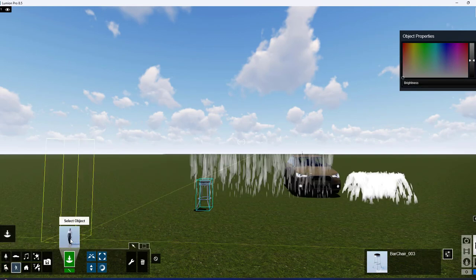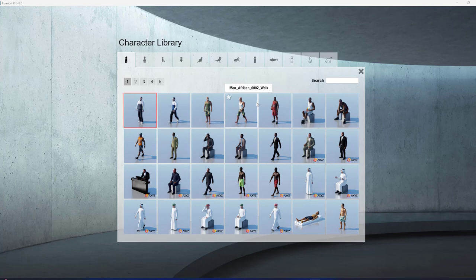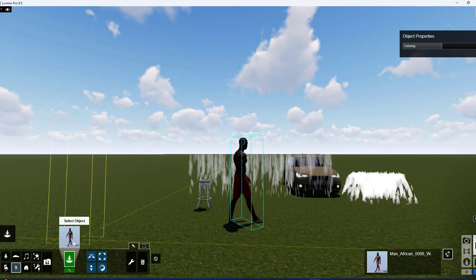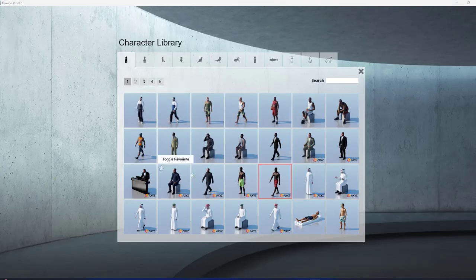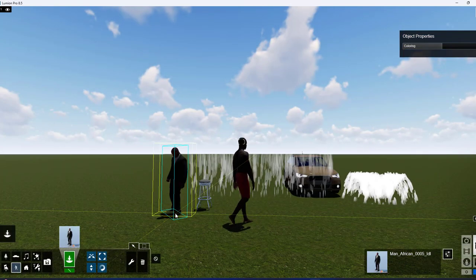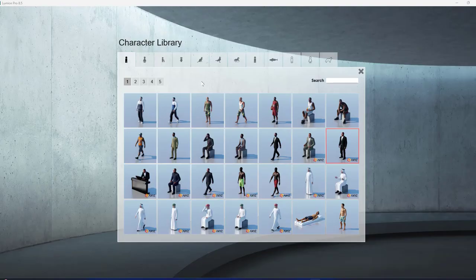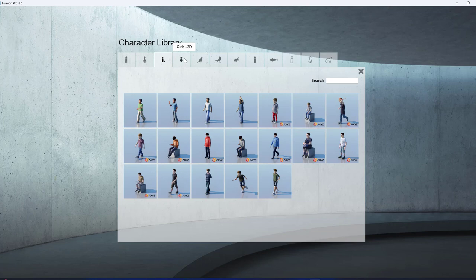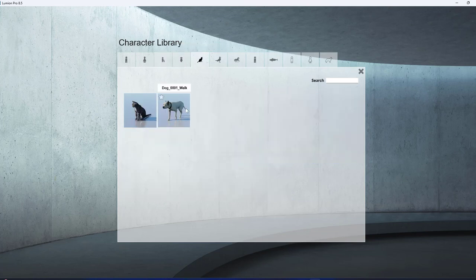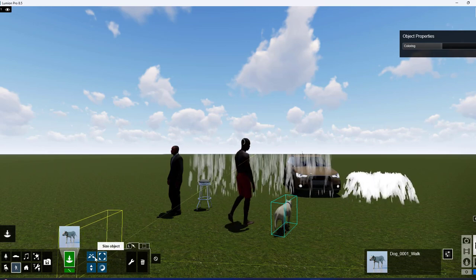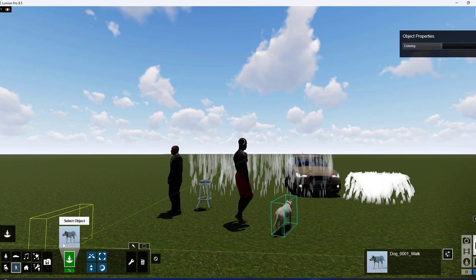People, we have; in the people, some of the people are stagnant and some are animated. So just have a look here, take this one and then place it. So this is animated people. Now I just take a stagnant one, this one. So this is how you can place the categories of the object depending on the requirement. You can even switch into different categories, that is boys, girls, pet, dog, cat, like that. Just go with the extra modify options to move it, scale it and then rotate it.